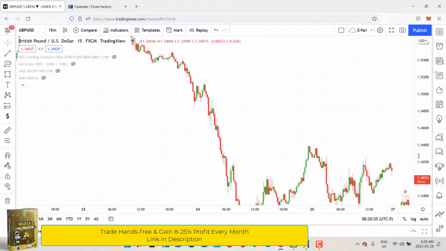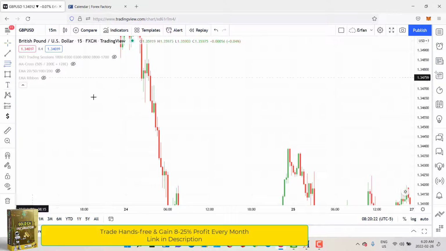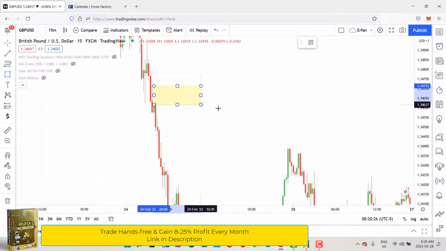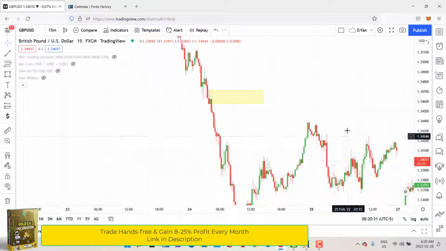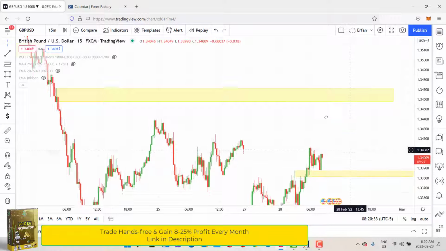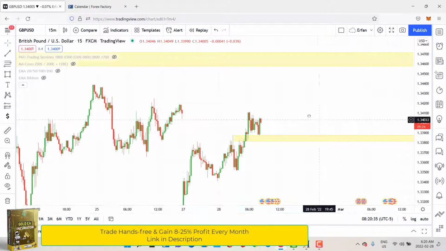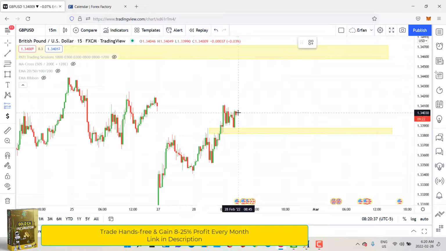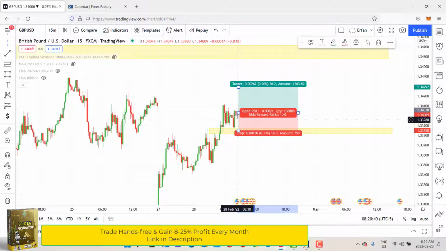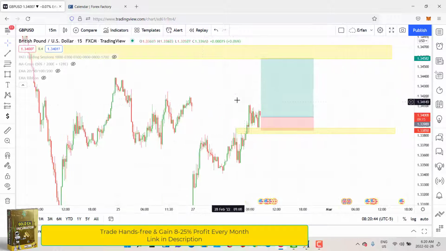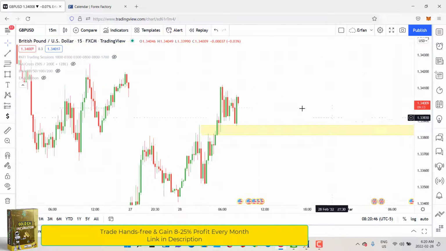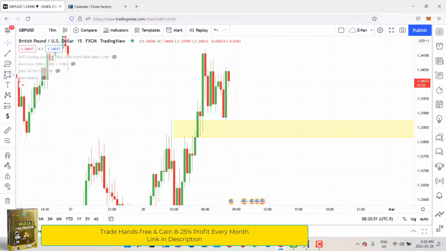So because I can see a high probability order block here, oh sorry, this is a high probability order block. I can't see anything else, so I can see one high probability order block here. So if you really want to leave a runner like crazy, then you can do something like this. If you take it here, then you can close it somewhere around here, which is a 1 to 4 risk to reward trade. But I'm going to see what's going to happen, because the thing is that even right here